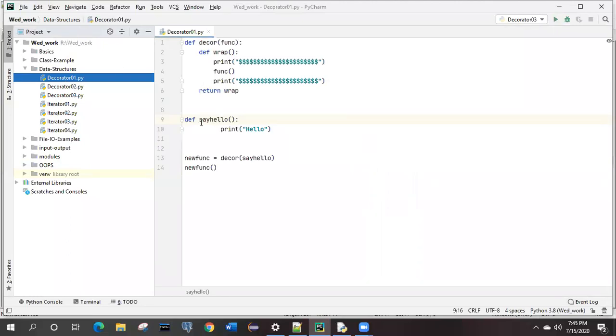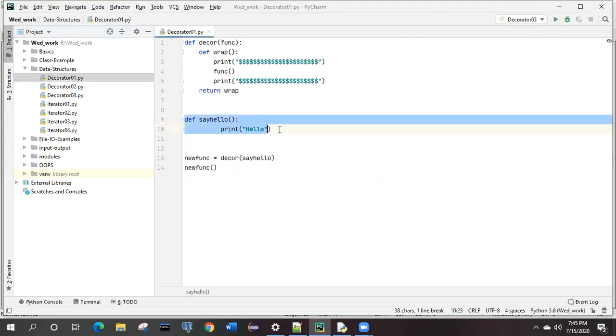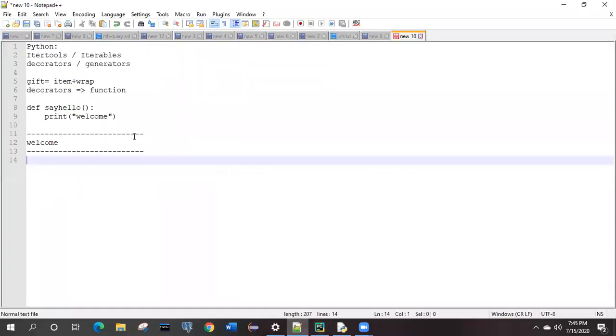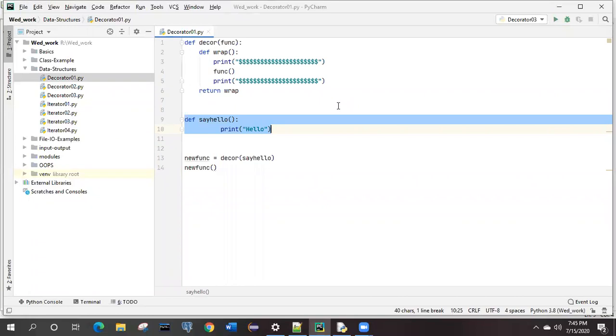Just see here, this is my main function, one of the functions, which prints the hello message to the console, right? I want this hello message to be formatted in some way. Here I have taken minus signs; instead, in this code it is the dollar sign, right? If you run this, this is the function which we are going to decorate.